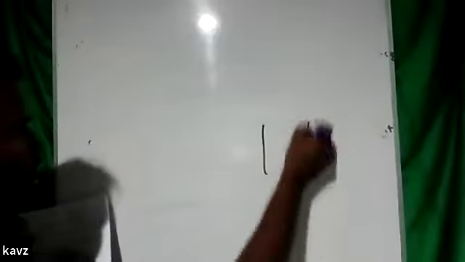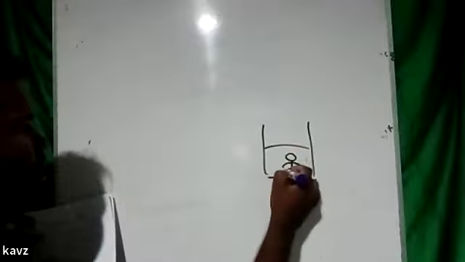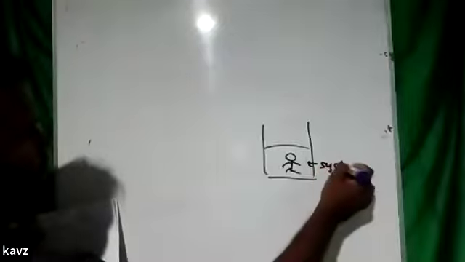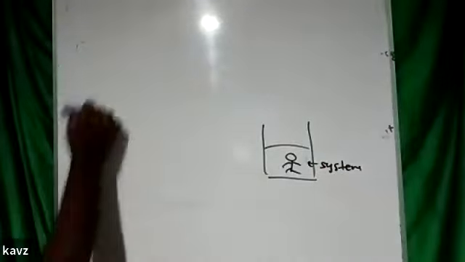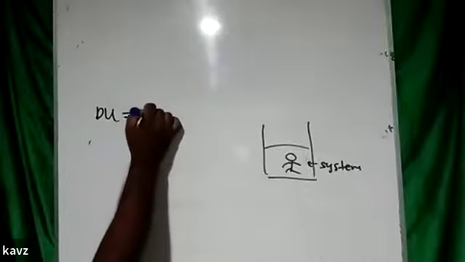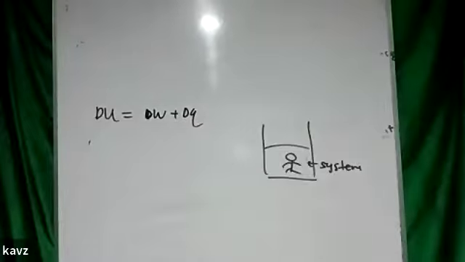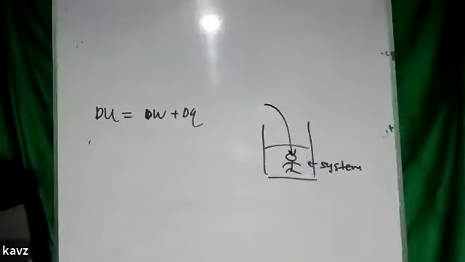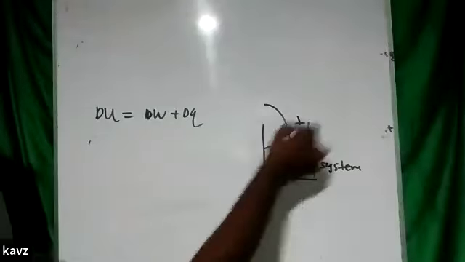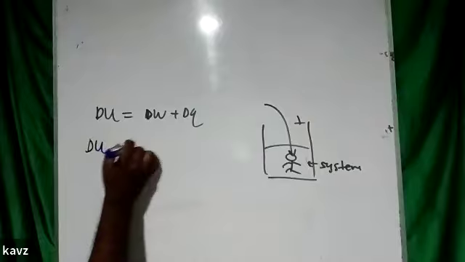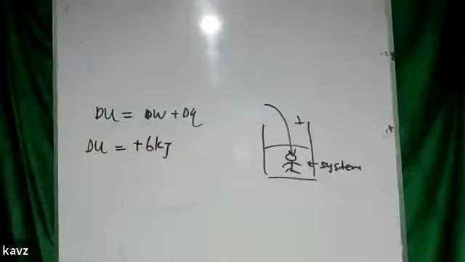6 kilojoules of work is done on a system, it evolves 8 kJ. Evolves means release. The observer is in the system, so delta U equals delta W plus delta Q. Work is done on the system means work is positive, so it is 6, and